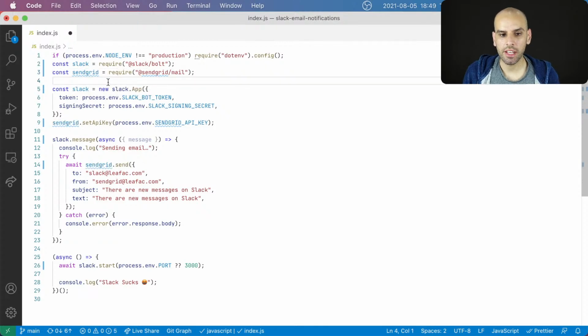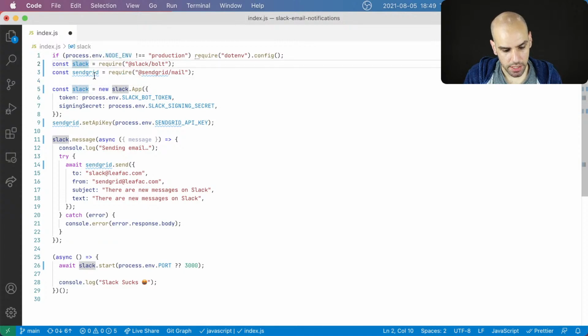I could go generic and say mailer and event listener or whatever for Slack, but since these are specifically for these APIs, they are not abstracted in any way. I think it makes sense to have it this way. But then I have the Slack variable defined twice, so maybe I'll call this the Slack bot, because that's what this is. Maybe even just bot.